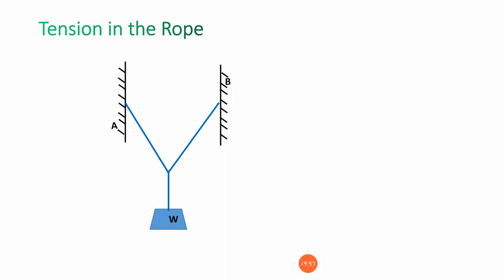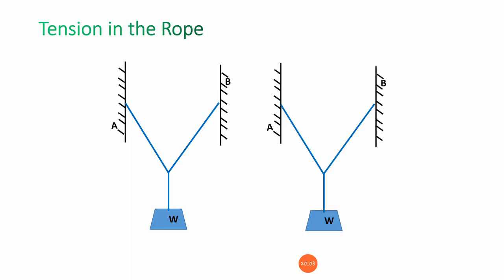This weight is going to be pulling in the downward direction, and the strings are going to be pulling in the upward direction. So that is what I am going to show here. One is going to be developing the tension, in this case T1, and the other, the right side wing, is going to be T2, and above is going to be T2 or T3. The tension is going to be developing in this case.